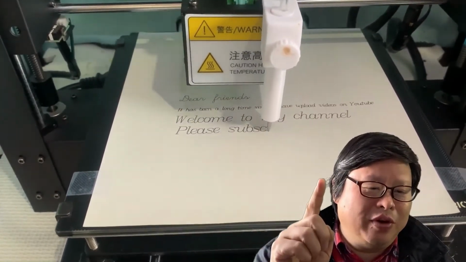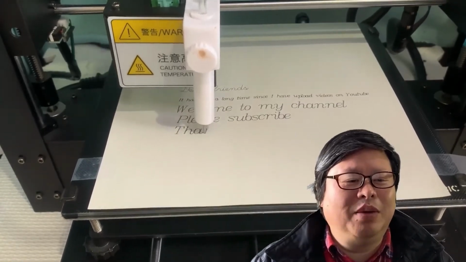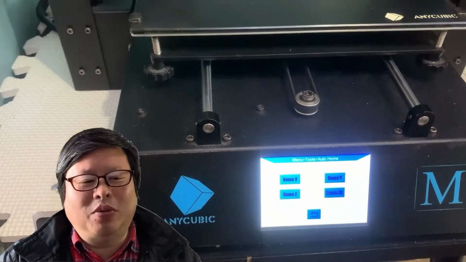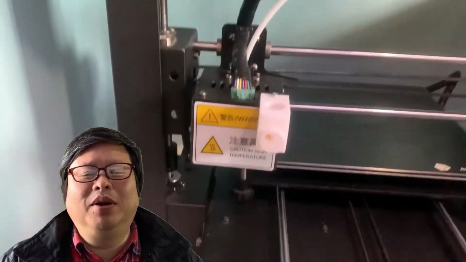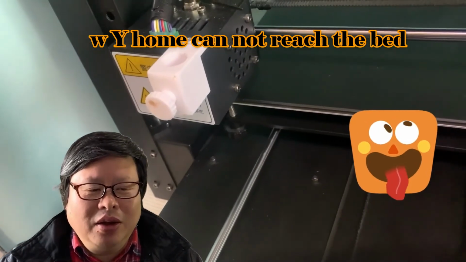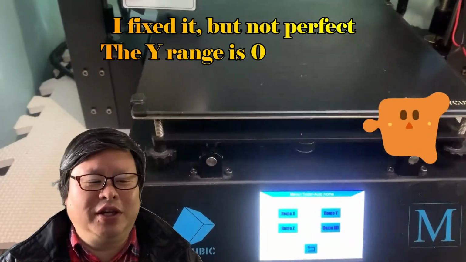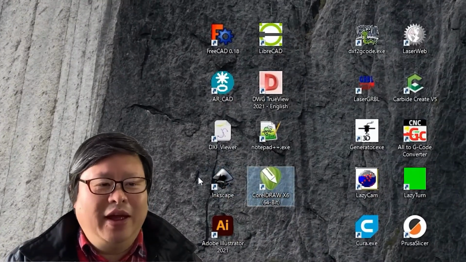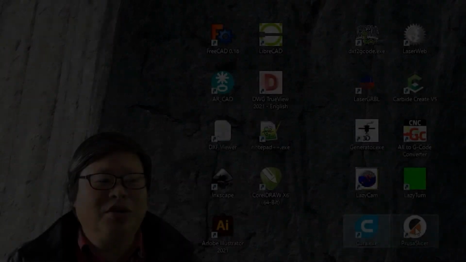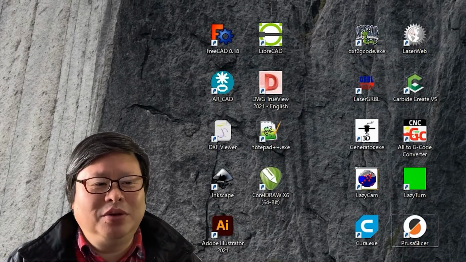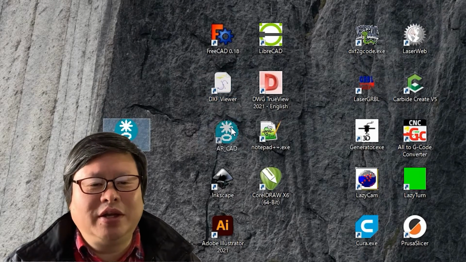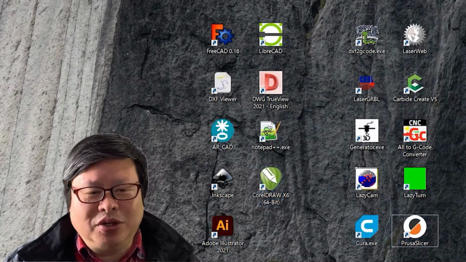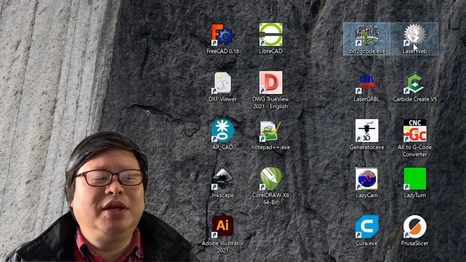Please watch the video carefully because I don't want you to become a victim as a laboratory rat like me. In fact, my 3D printer Y-axis home function has been compromised, and I don't even know what really happened. Of course, I fixed it in my own way. And for the test, I have installed a lot of software that may cause problems someday later. I will restore my whole operating system using the Norton Ghost tool after this project. I always back up a stable mirror image of the whole operating system in case something goes wrong.